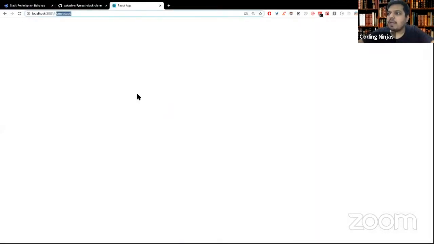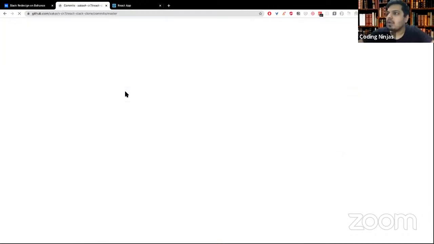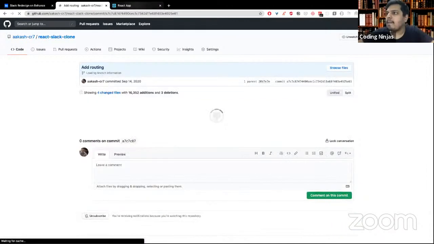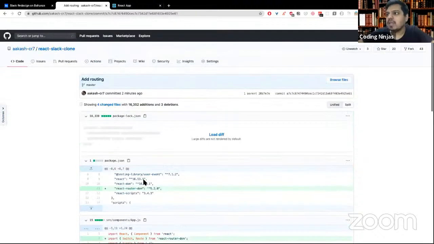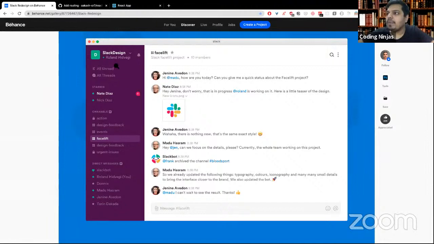So guys, just go to the commit and go to commits. If you want to find out what changes are there, go to commits, click on this particular commit over here, and it will show you which files I have changed, right? It will definitely show you that. It will only show you the files I have changed, right? So like this. Anyways, so now we have basically added routing and now we're basically going to create this Slack